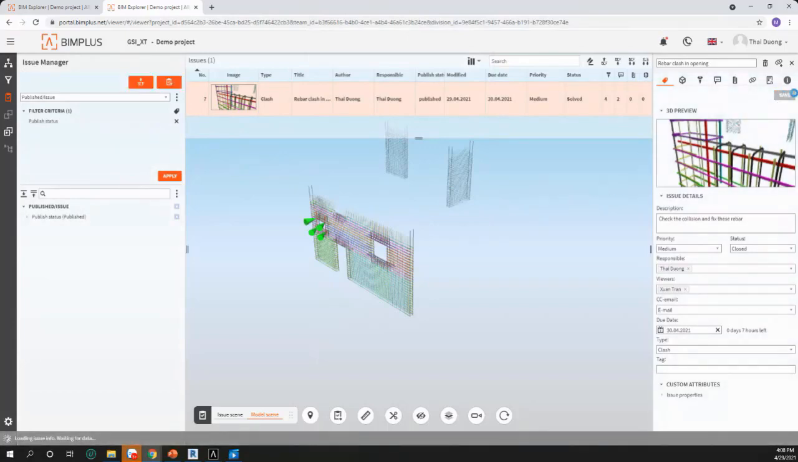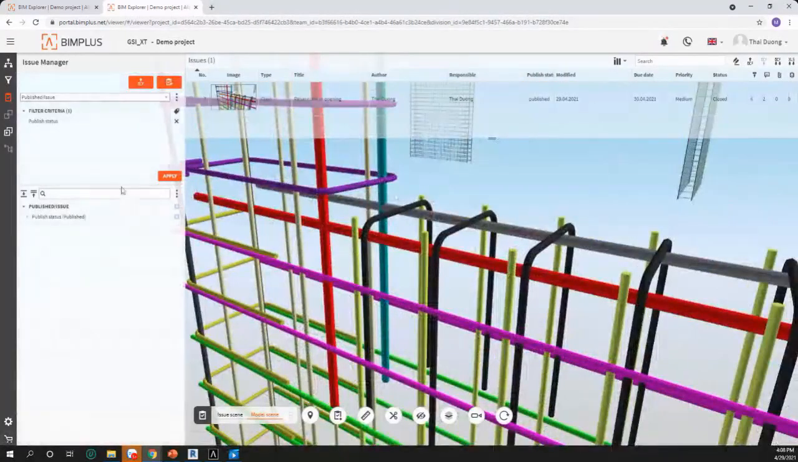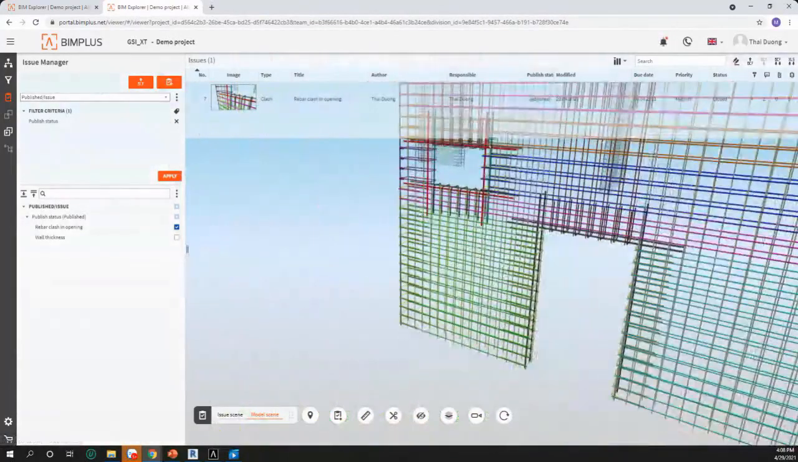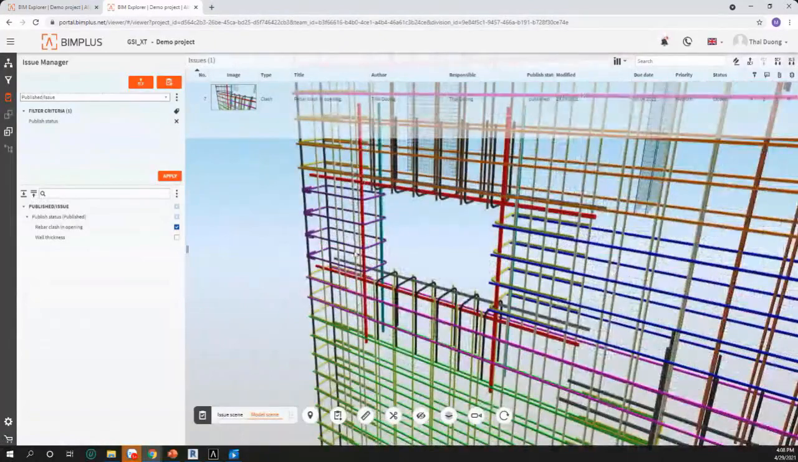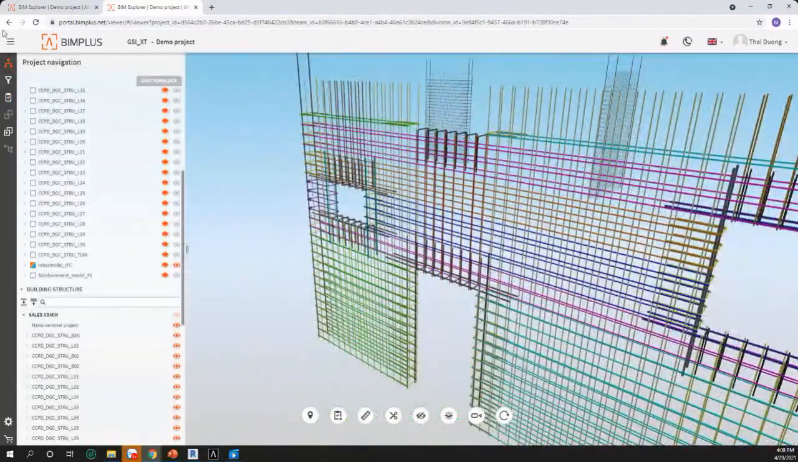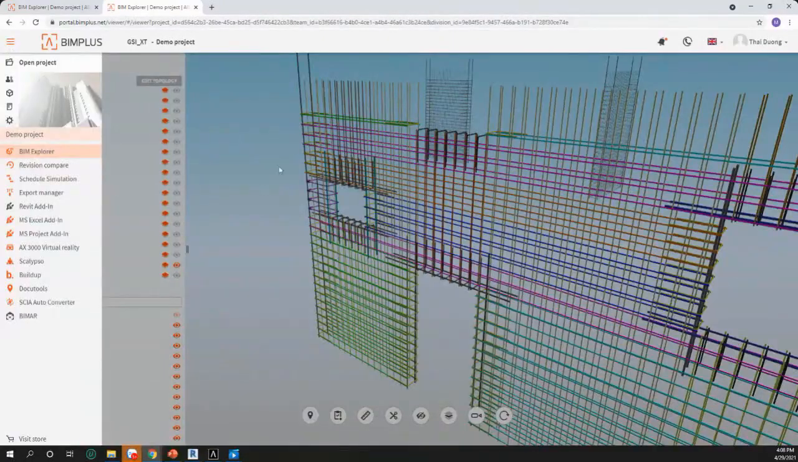Save. We have to save it. So the issue is closed, so we don't have any more spot here. So this is the workflow for BIMPLUS, and I think you can imagine and understand it easily. We use it to manage the rebar model in a BIM workflow,